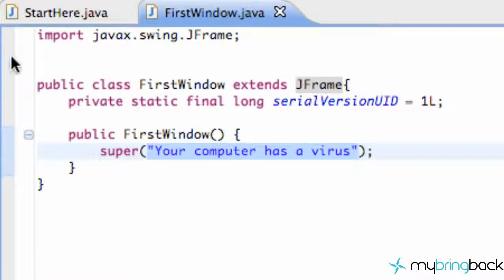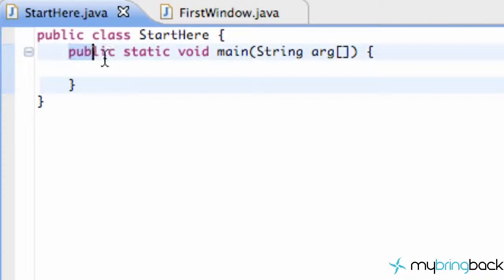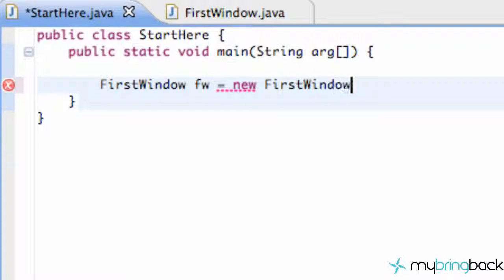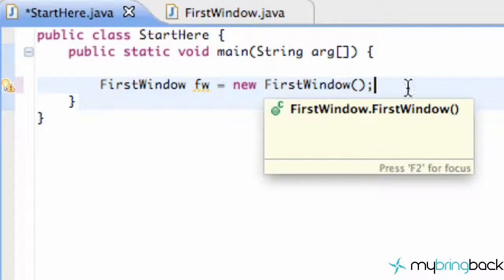Now, we aren't going to get anything when we run right now because, again, within our main method, we haven't set up anything. So we're going to set up our variable real quick after we save all of our classes here. We're just going to create a new variable that's a FirstWindow, and we're going to say fw is equal to a new FirstWindow, which is, again, the default constructor that's getting called. Again, within the default constructor, all that's happening is we're setting the title of the window, and then we're just going to say